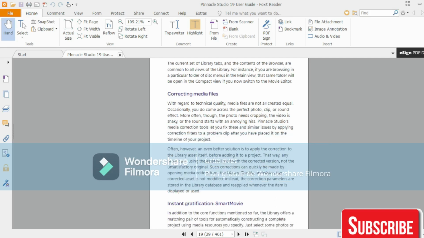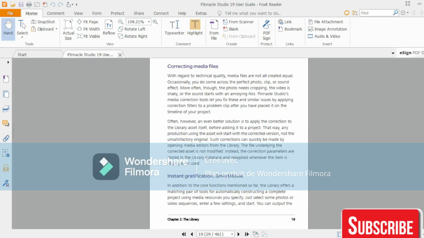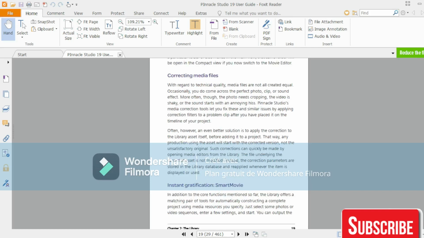For the instant gratification smart movie, in addition to the core functions mentioned so far, the library offers a matching pair of tools for automatically constructing a complete project using media resources. You specify, just select some photos or video sequences, enter a few settings, and start. You can output, as you can see here,